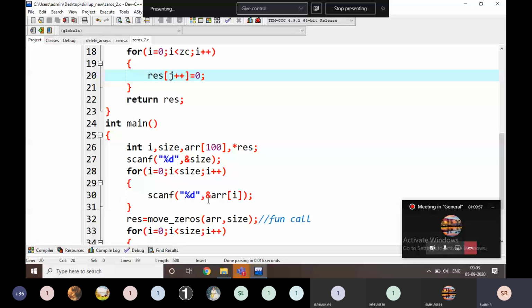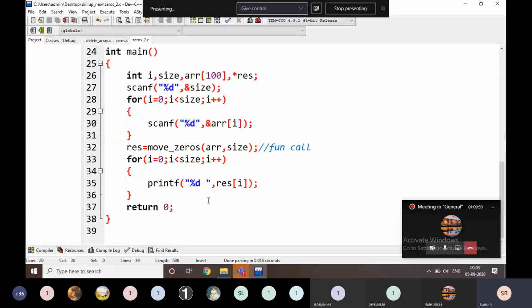Just note down the main functionality of what I am writing. Here there is no deletion of the value. Why? Because we are copying the values into another array. In the previous example, there is a deletion of the value, because I am writing on that array only.